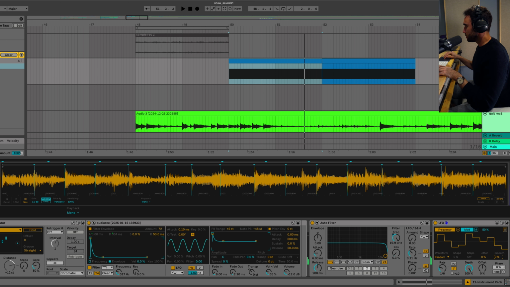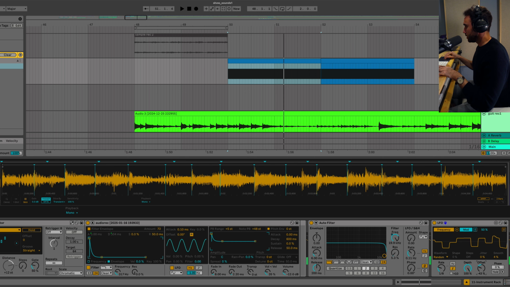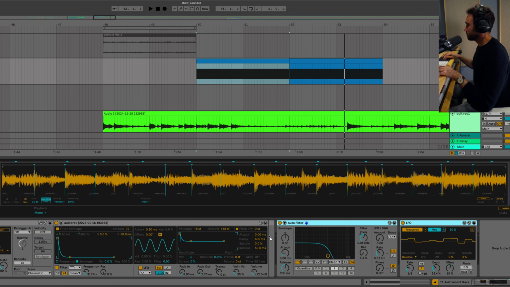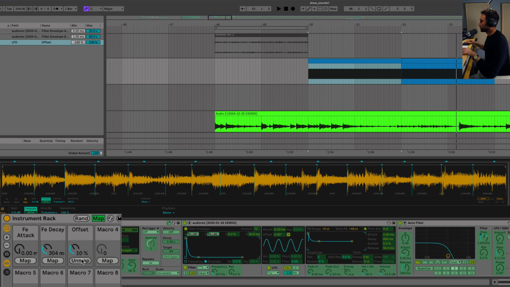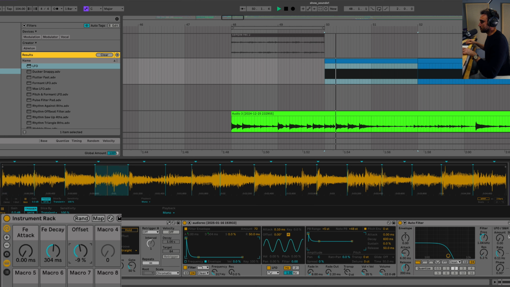We'll smooth it a bit so we don't get those clicks. Maybe offset it. Obviously, we need to close the filter. We could map the offset to a macro and call it filter so that we can control how closed or open it is. So let's do that. Map offset here. Okay, so now